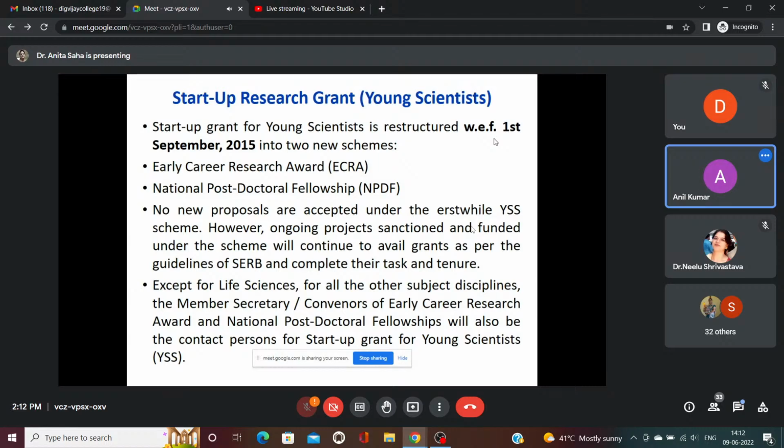And I'm surprised that the Planning Commission of our Chhattisgarh state has given only 4 months to the candidate for completion of the research proposal. I do not understand how any researcher can complete the work within only 4 months. So there are some drawbacks also, but in the beginning stage, you can apply to the Planning Commission of the Chhattisgarh state also. So this is my final submission. There are a lot of funding agencies, but it's also true that in our country at present, the flow of the research grant is